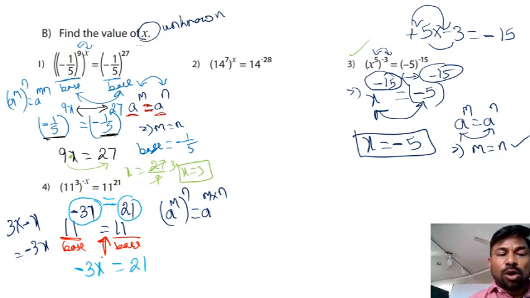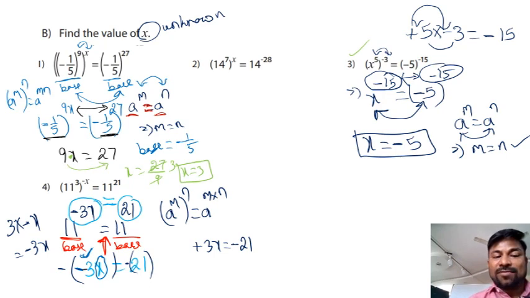Now what do we want? We need this x. What is there along with that? -3. First let us work on the minus sign there. So what I am doing is multiplying with minus on both sides. Then minus into minus becomes plus: 3x equals -21. That is how, whenever we have minus,